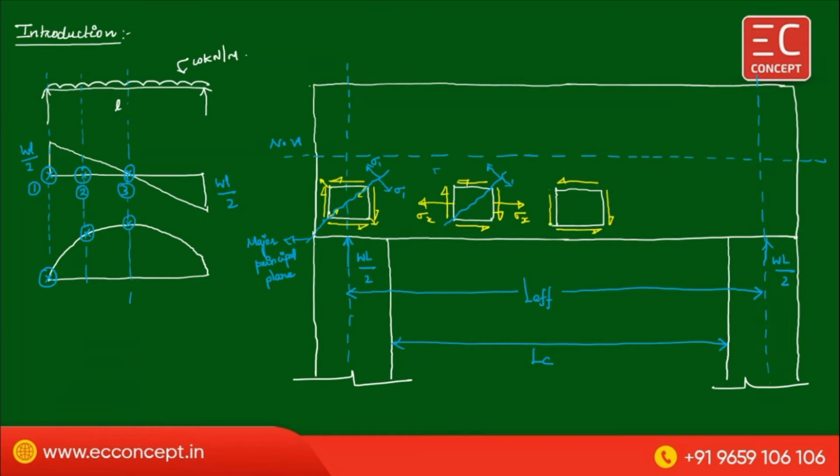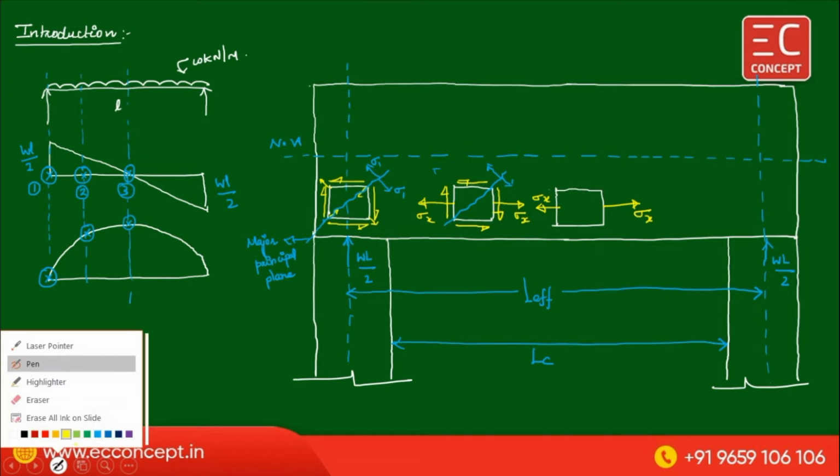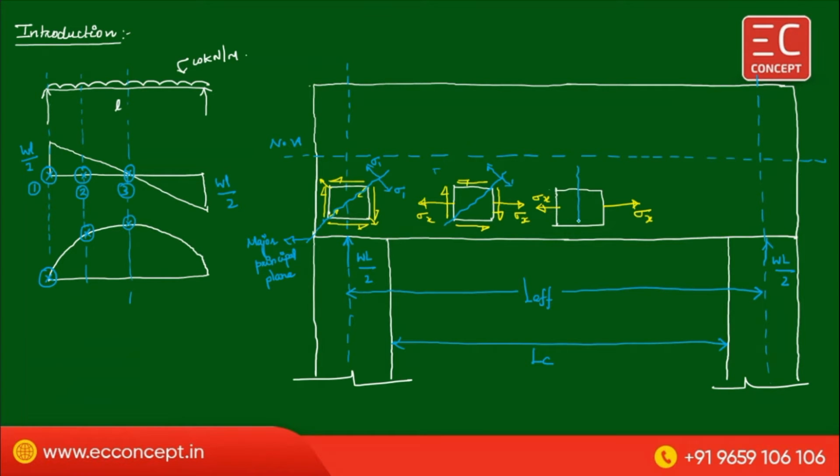We are having, sorry, this is not a way to represent the shear stress. Bending stress sigma x, only the bending stress is there, there is no shear stress. And here what is a failure plane? This is the failure plane. Now this plane is called the principal plane. So this is the principal plane. This is sigma and sigma x. Now from that we understood